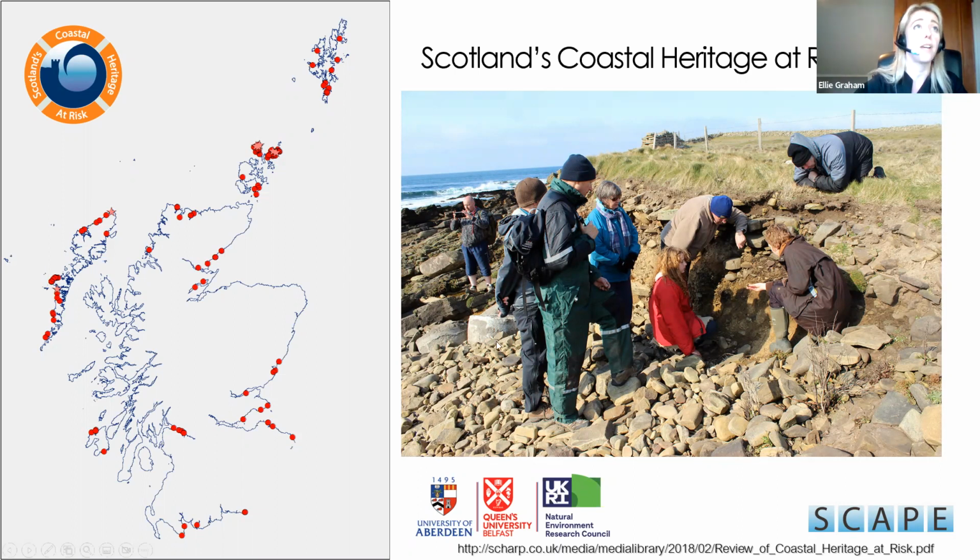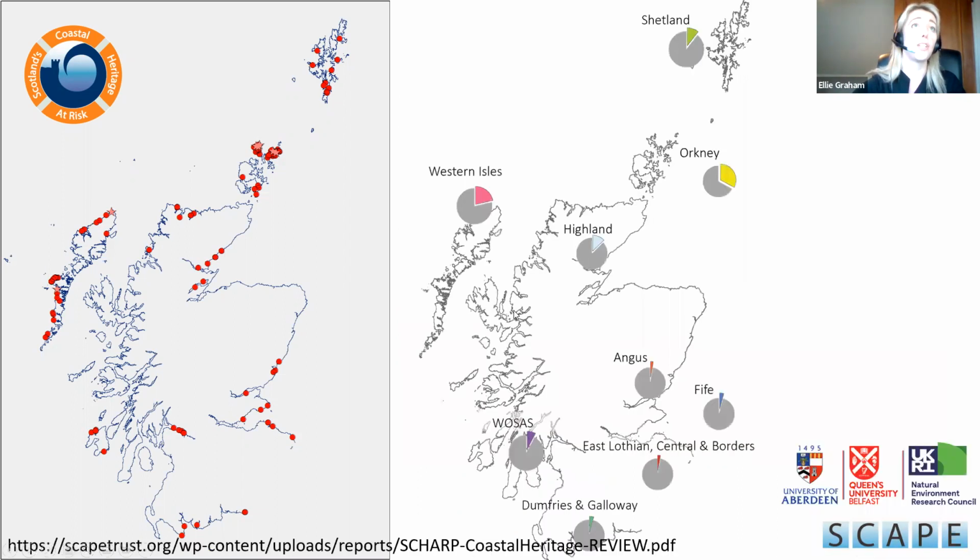So we had 145 sites nationally, of which 15 were in Shetland. Shetland's actually highlighted as being one of the top 4 priority areas in Scotland, along with, unsurprisingly, the Western Isles, Orkney, and the northern part of the Highlands as well. So if you want to read more about that, or about the Shetland priority sites in particular, the Scotland's Coastal